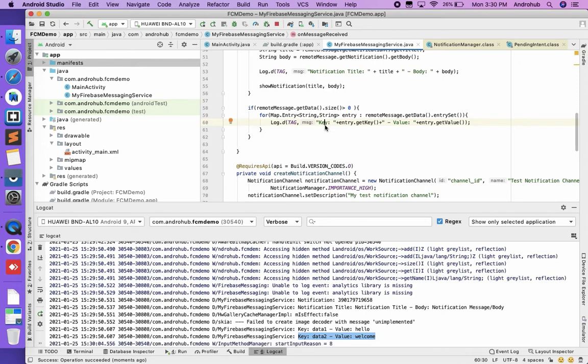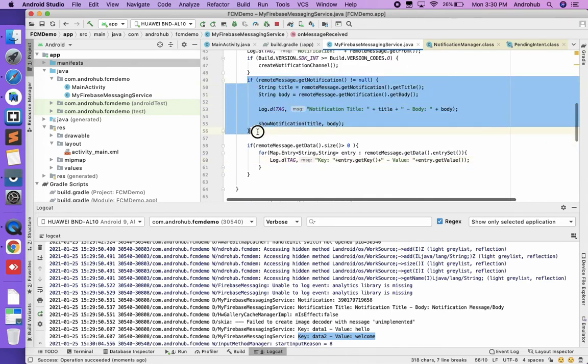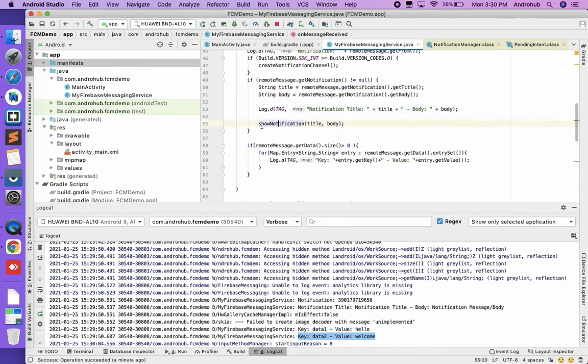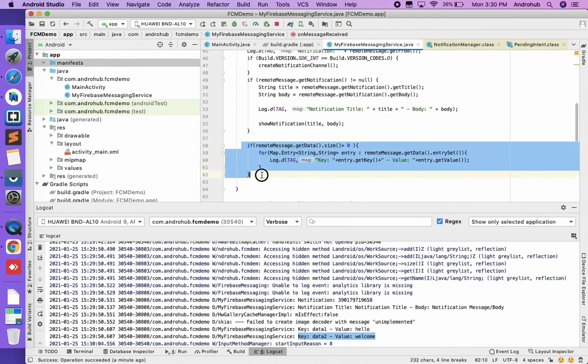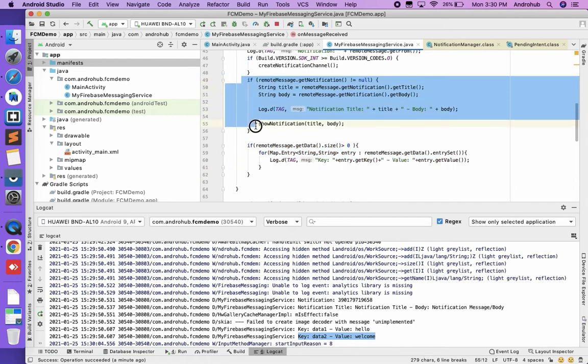So in this way we can get the data as well. Right now we are using the notification and the data payload together, so that's why we are going to use the notification payload to show the notification and the data payload to do some external stuff. And let's suppose only if you are getting the data payload, you're not getting the notification payload.